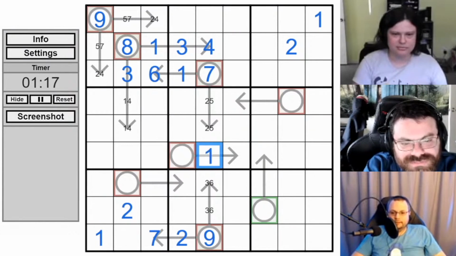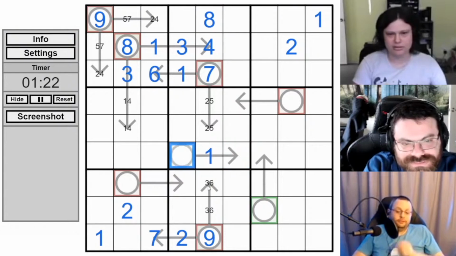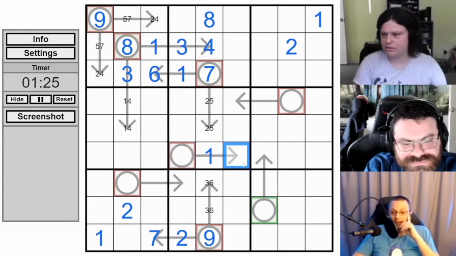So now 1 in this column goes here. And now this is where I'm tempted to look at this arrow. Once you place an 8. Now, fortunately, putting a 1 on an arrow is telling you not a ton of information. It means these are constraints.